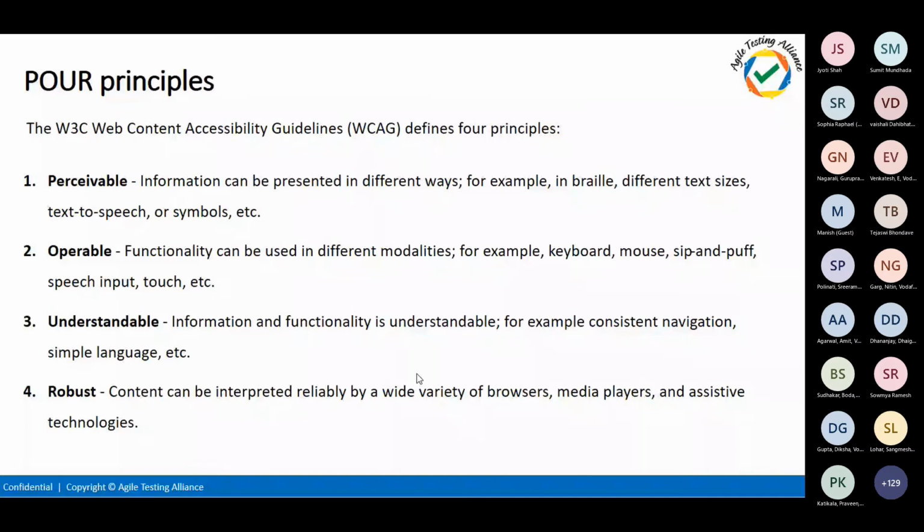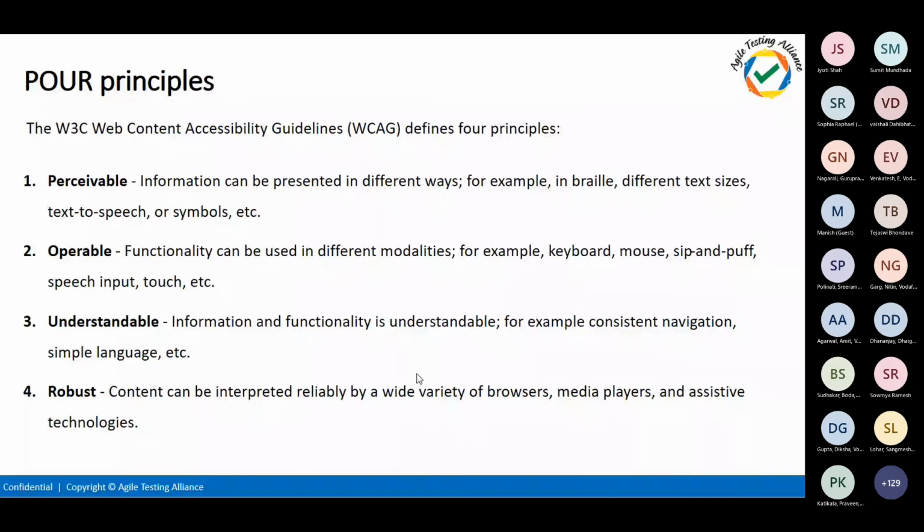And whenever they are trying to click with a mouse, there should not be any overlapping objects. Those are all things that come under operable. So perceivable is more about your display, and operable is more about your inputs.